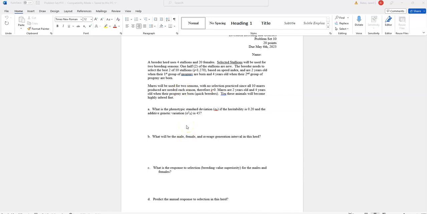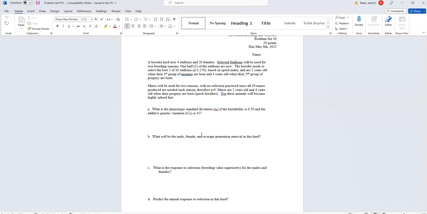So the first question is, what is the phenotypic standard deviation if the heritability is 0.20 and the additive genetic variation is 45? Remember, your variance and your standard deviation are measuring the spread, how different these animals are for a particular trait. There are advanced statistical analyses that calculate the additive genetic variation, then subsequent heritability, based on pedigree analysis and some other things, which is why we record performance information on animals. So on this first one,